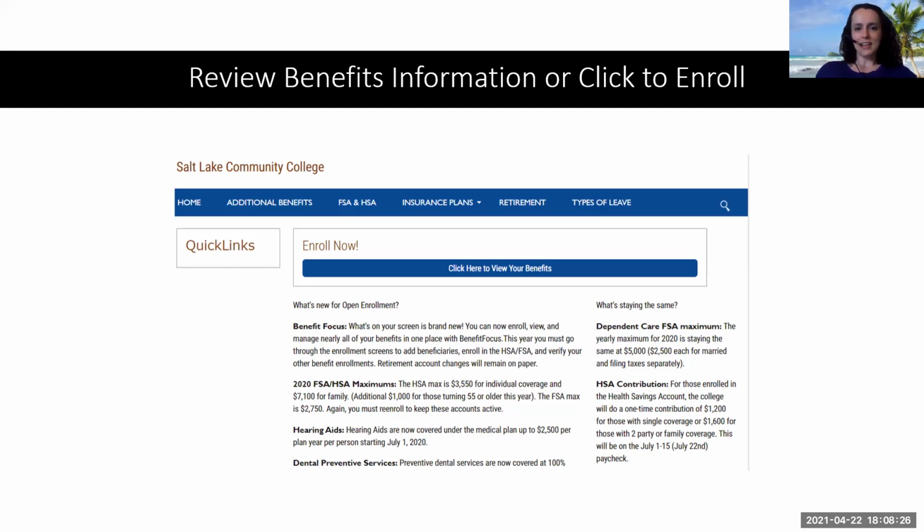If you click on the headers at the top, it will tell you more information, but that one is for the current plan year, and anything starting July 1 is currently on the open enrollment page of the SLCC website, but starting in July, it will be on this page. When you're here, it will tell you different changes that have been made for open enrollment and what's staying the same. When you're ready to enroll, you can click on the button that says click here to enroll.